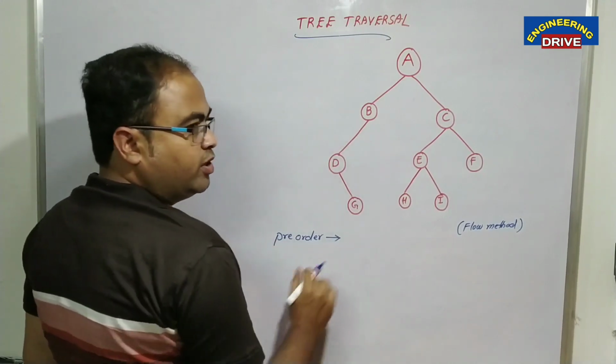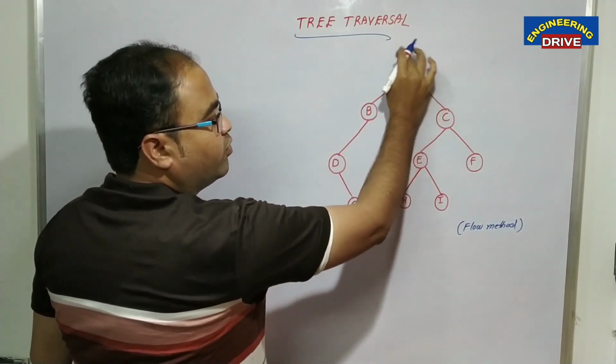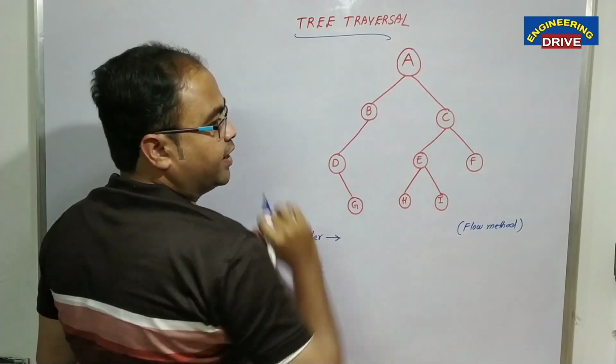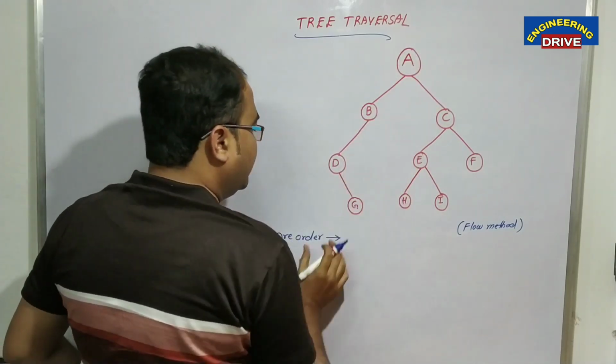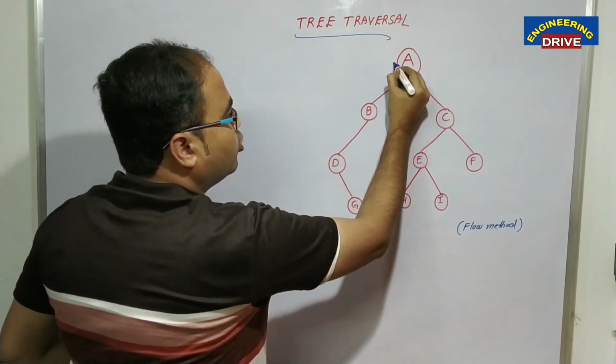What is the flow method? How will it work? In order to find the pre-order, we always know that the root will come first. What is the root node here? A. That is clear. So in the flow method, to find the pre-order, starting from the root node, write down like this: